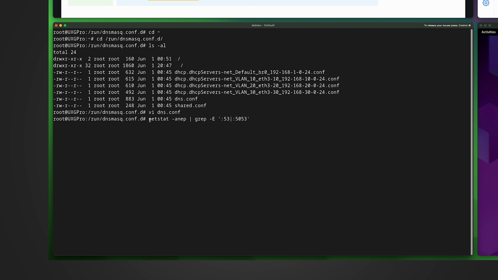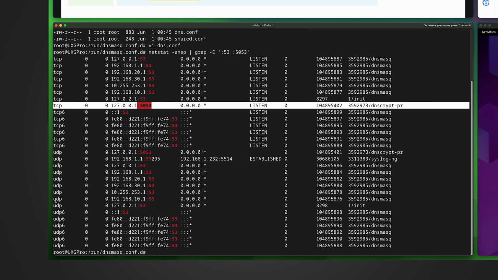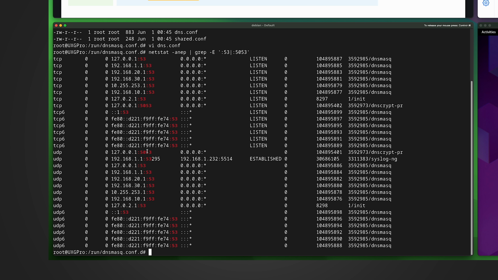So to understand what happens for the port 5053 and 53, let me run this command to see the processes which are listening on this port or this port. Okay, this time we got two new lines, one for TCP, one for UDP, both for the port 5053. And if you check the process name, dnscrypt-proxy, the one I briefly showed you in the beginning of the video. Okay, so now we know what's the new DNS resolver in the backend, but we want to know what it